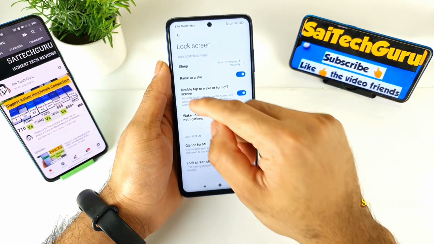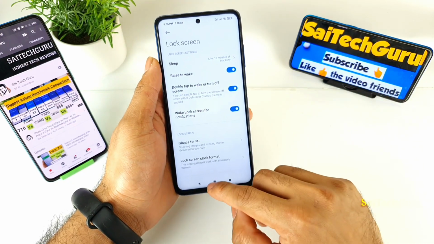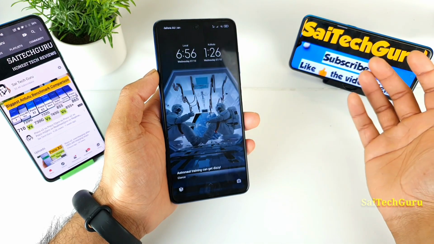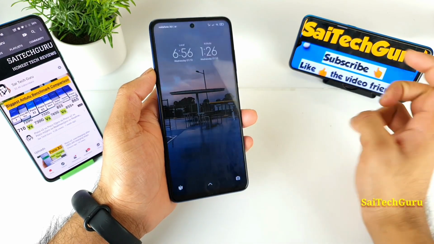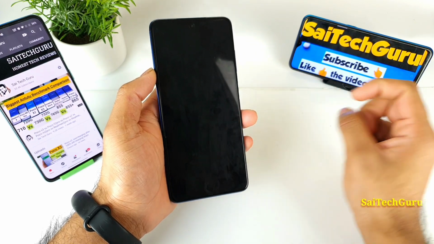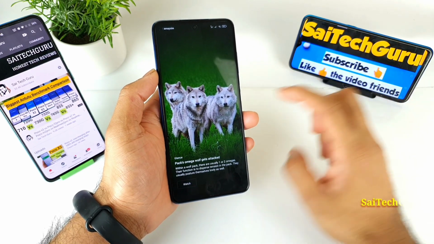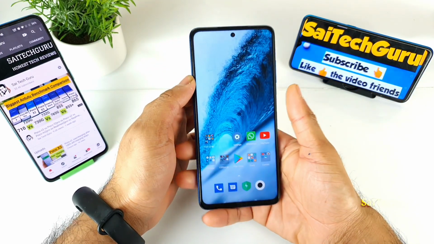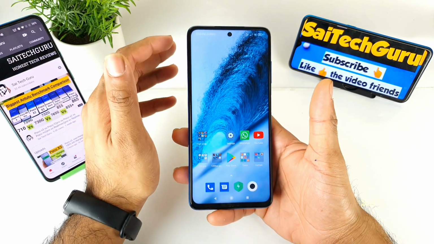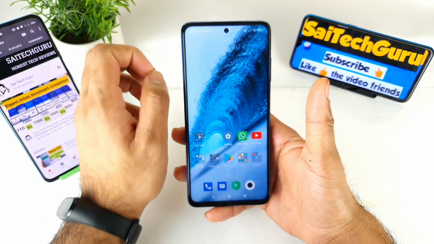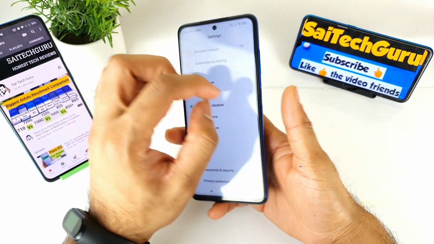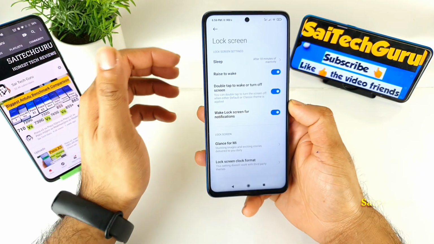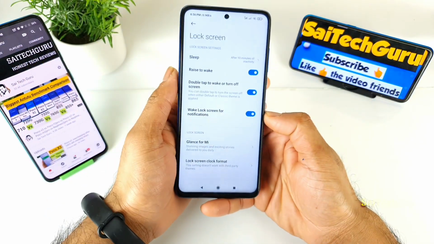The third option is double tap to wake and turn off the screen. That is another good feature which I like, as you can see here. You can double tap to wake and turn off the phone as well. This is another way to avoid using the power button every time. Definitely, friends, for long-term durability of your mobile phone, try to enable these options. The number of times you press the power button will decrease, and you can definitely use the phone for the next 2 to 3 years without any problem with the power button.